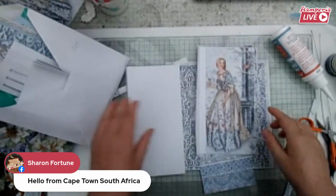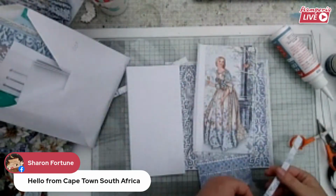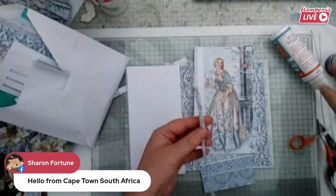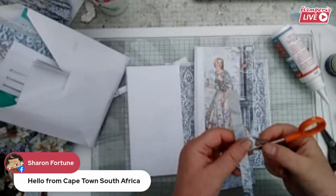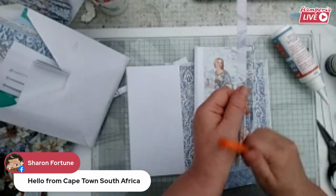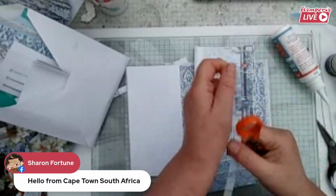And when I was cutting the paper out, I then cut a slightly smaller piece to sit on the spine of that, so that's completely decorated. So we'll just give those a little